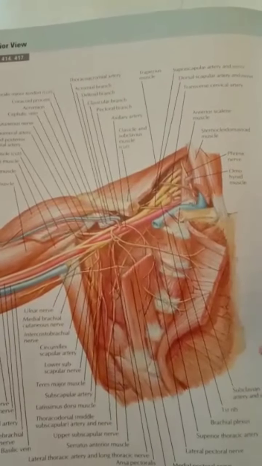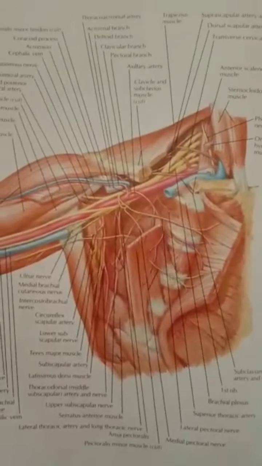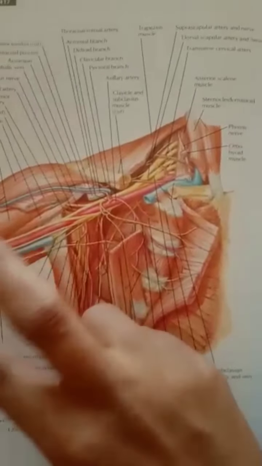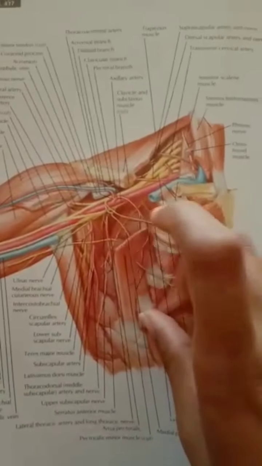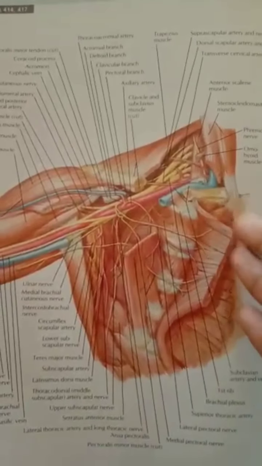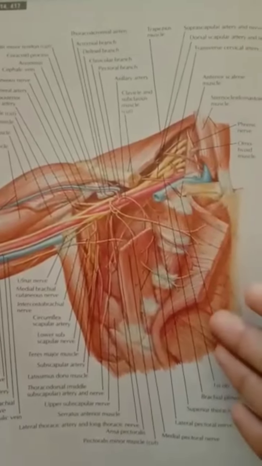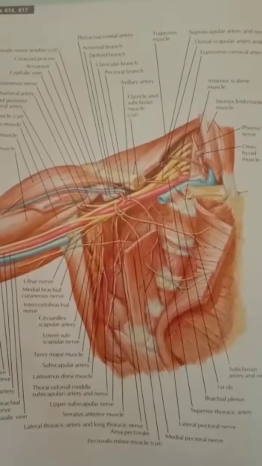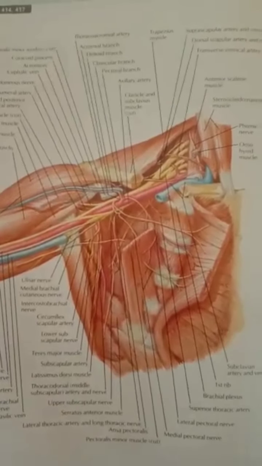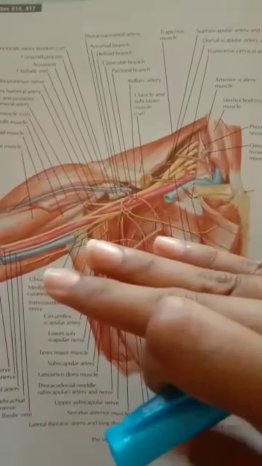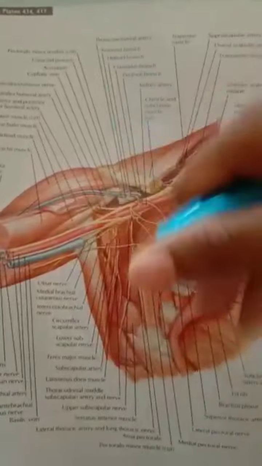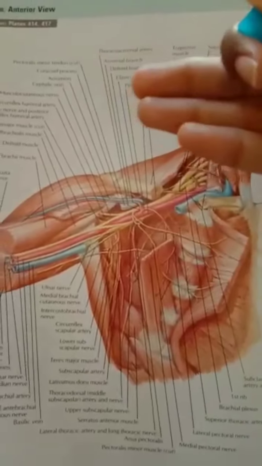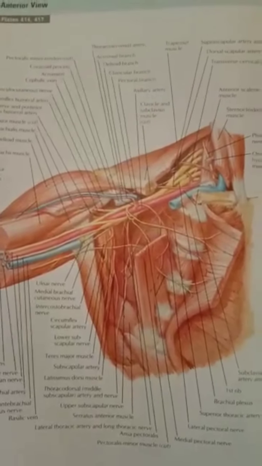The lateral border is made by the intertubercular sulcus of the humerus. So this is the actual axilla. Medially we have the ribs, serratus anterior and also the long thoracic nerve passing, and laterally we have the intertubercular sulcus of the humerus, and anteriorly we have the pectoralis major and minor, and posteriorly, backside, you can imagine, we have the subscapularis and also teres major and also latissimus dorsi muscle.